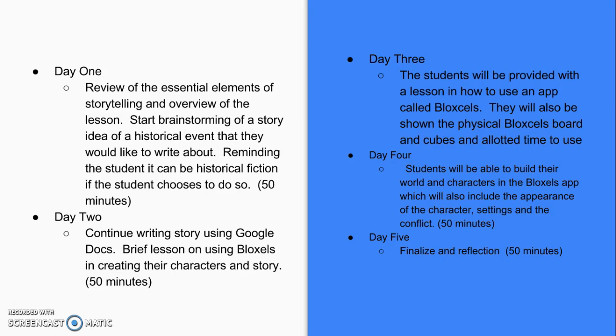The remaining, or you have to remind the students that they're going to have to do a little bit of research, so I would provide them at least 50 minutes on that first day. Day 2, continue writing their story, because they're going to start writing a story about some type of historical event,